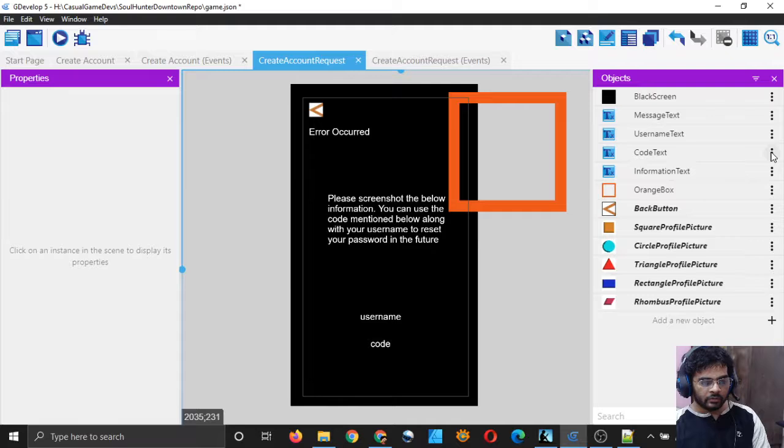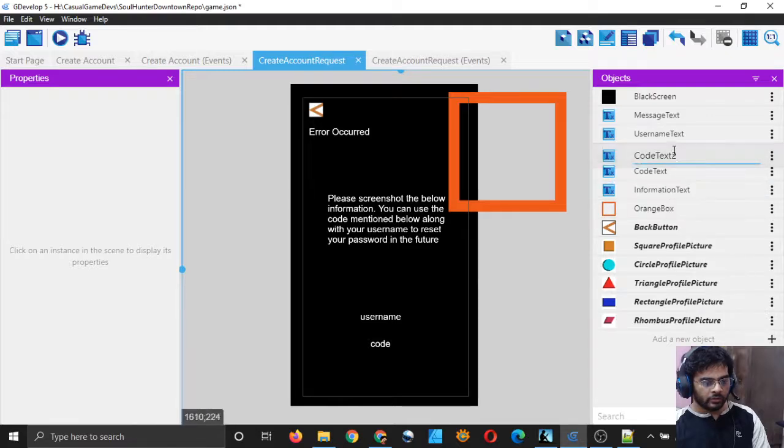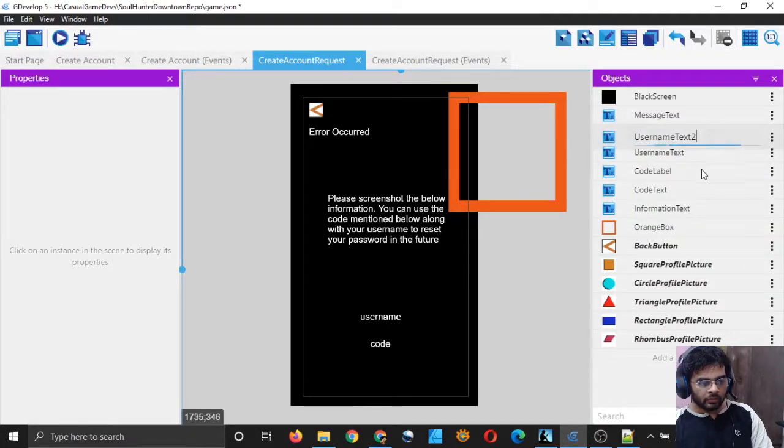I will simply duplicate the code text and I will type code information, code label you can say, and username label also.